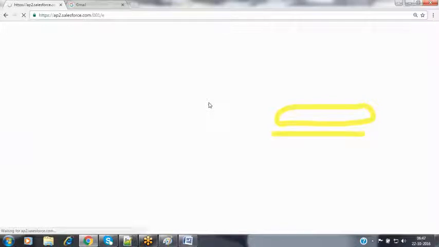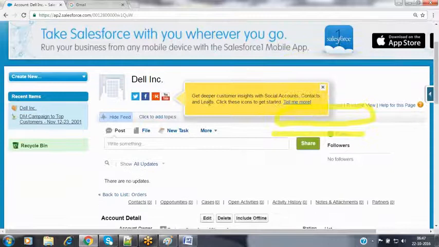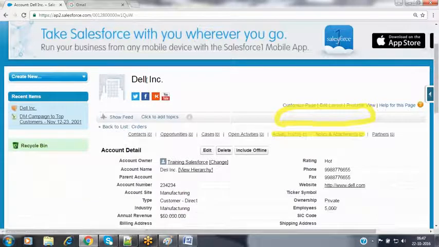Where will this record get saved? This is an account record. The account record will be saved into the account table. Now, when coming to my account table, one record has been created with the name Dell Incorporation. This is the account record we have created right now. So now, for the Dell account record, Salesforce is going to allocate one unique identification number.